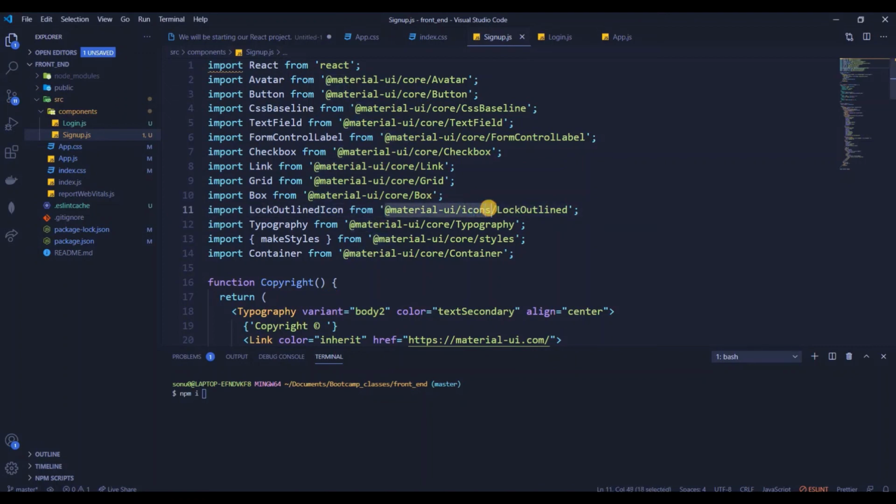This part is the thing that you need to paste here in npm install. Npm i, come here, copy this, and let's just paste this by doing a right click on your mouse.